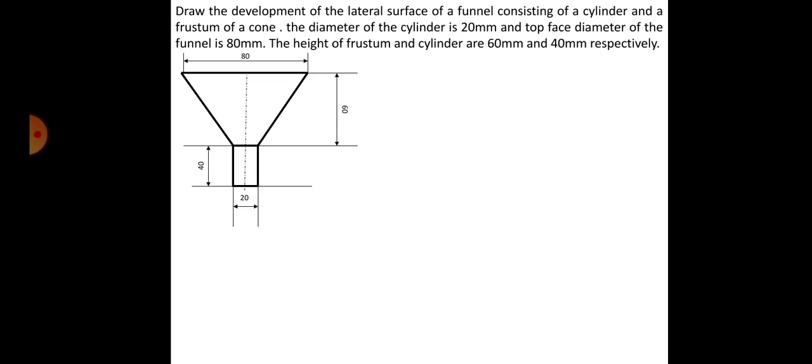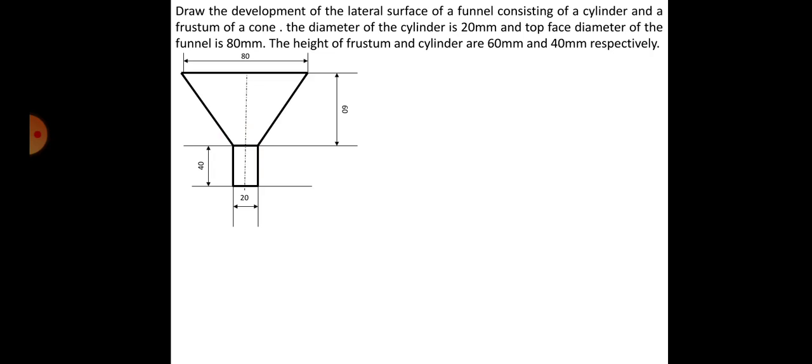But now to draw the cone, we have to get the complete cone, because the cylinder can be done very easily. The dimension is already given, so you can do it. When you draw the cone, we have only the frustum, no? So the drawing has to be completed. Unless I get the total cone, I will not get the slant height of the cone, or the generator of the cone, isn't it? I only have the portion of the cone here.